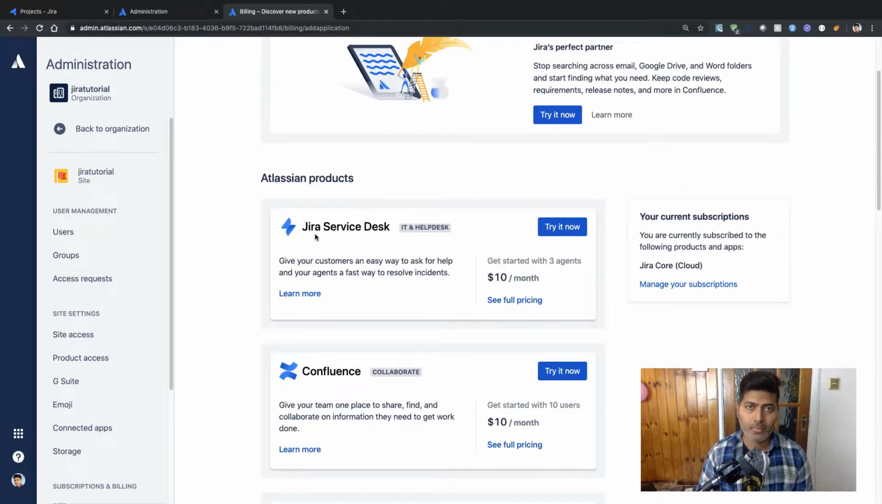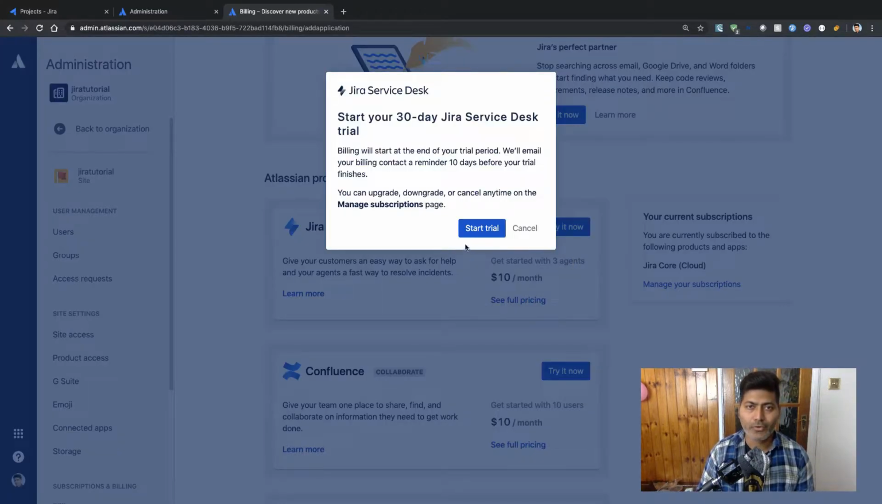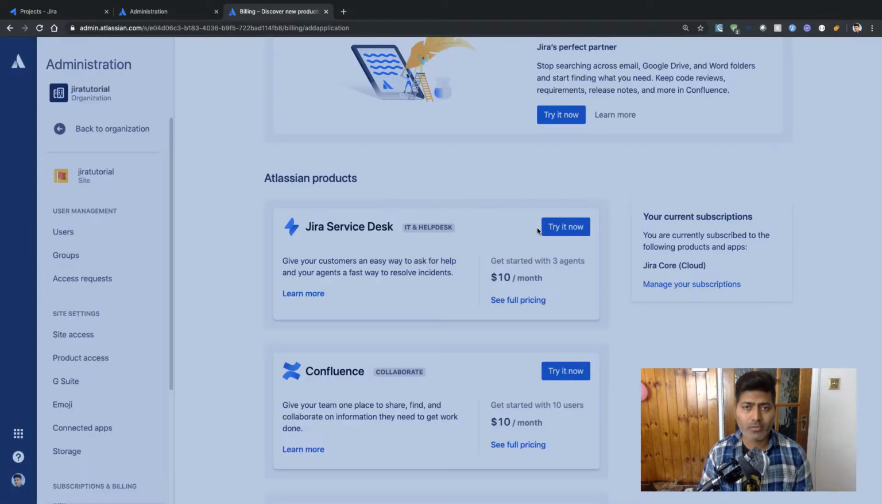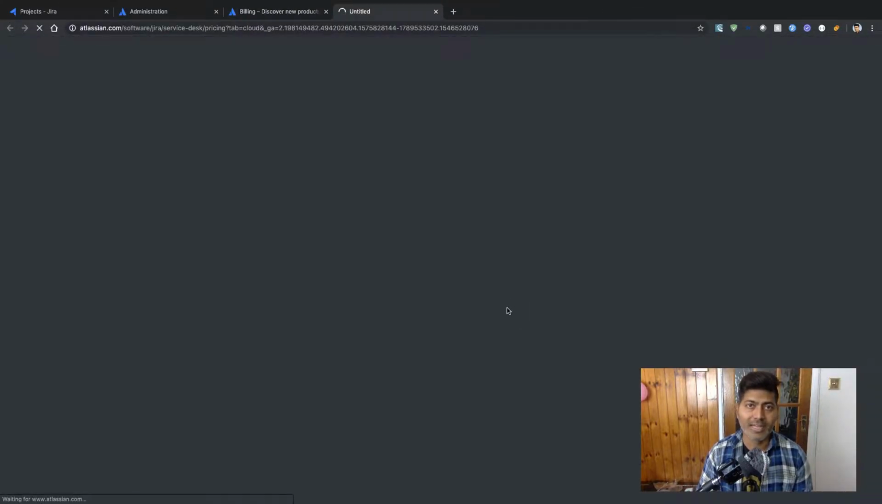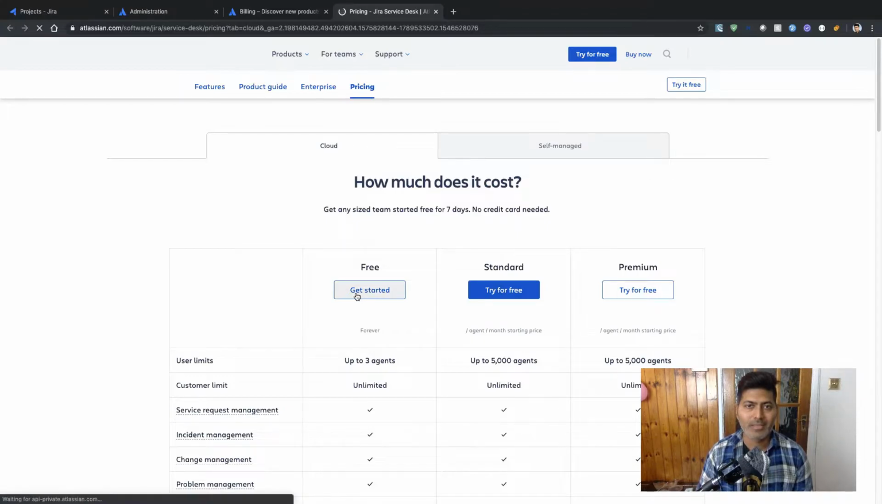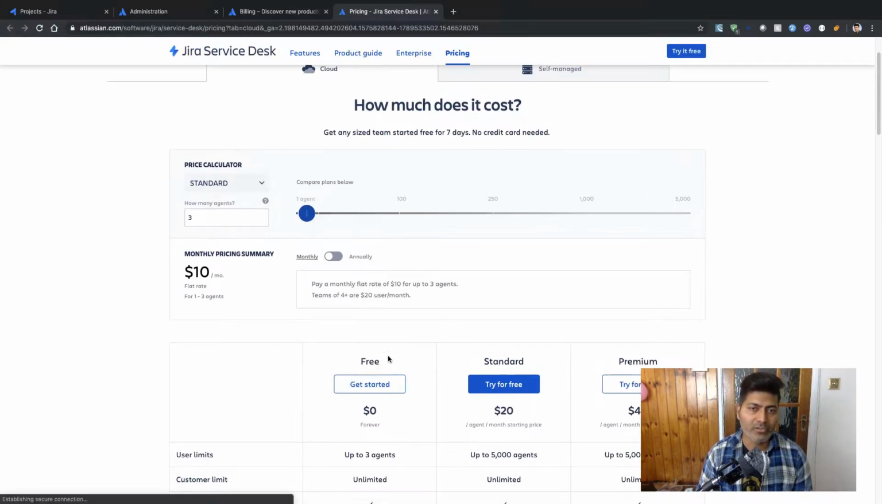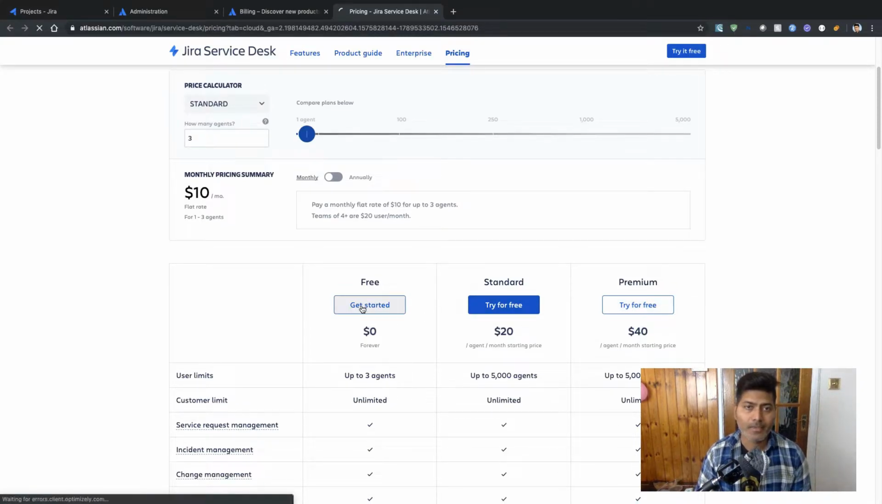So the first product that I want to add to my instance of Jira is Jira Service Desk. If I click on try it now, I believe I will have this trial option, which is fine, but I'm just trying to understand if I can select the free version. So if I click on the see full pricing link, it will take me to a page where I can take a look at the pricing. I can do a comparison of the free version with the standard and premium versions. There are some differences, but if you click on get started under the free,